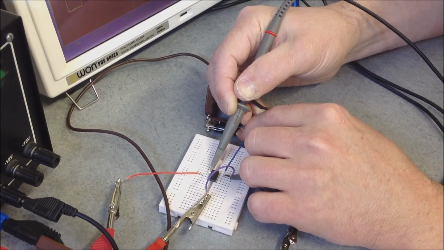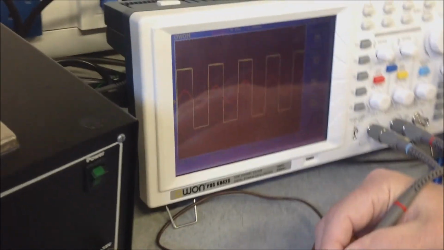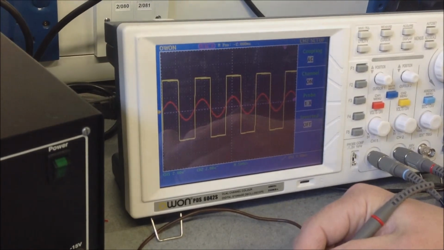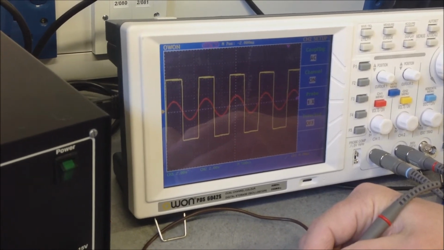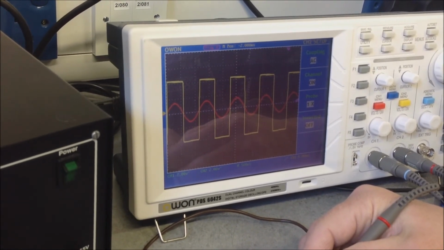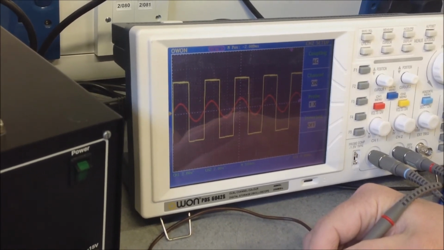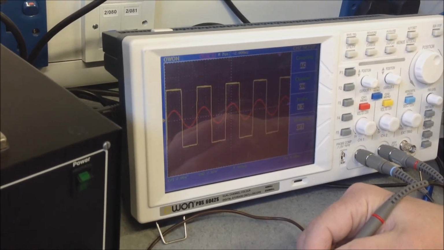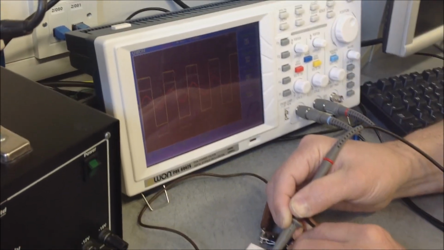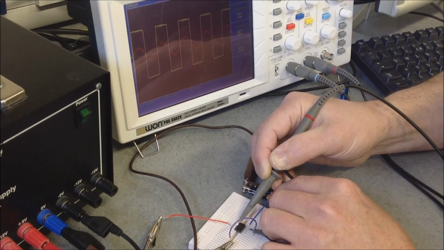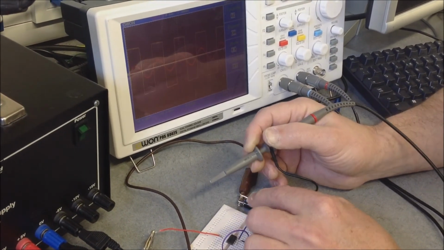Okay, so here we've got a situation. What I've actually done, if you're looking at the scope, if I ground the inverting input, the output swings massively positive and negative. It's swinging so far, in actual fact, that it's distorting. It's hitting the headroom of our amplifier. What that goes to show is the massive gain of an operational amplifier, and that's obviously cured by employing negative feedback. So as soon as I connect the output back to the inverting input,